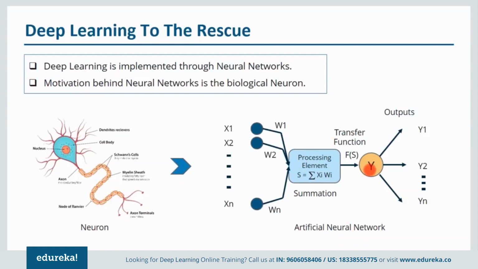Once it exceeds the threshold, it will fire. After that, it will check the output. If this output is not equal to the desired output, so these are the actual outputs and we know the real outputs, we'll compare both and find the difference between the actual output and the desired output. On the basis of that difference, we are again going to update our weights.